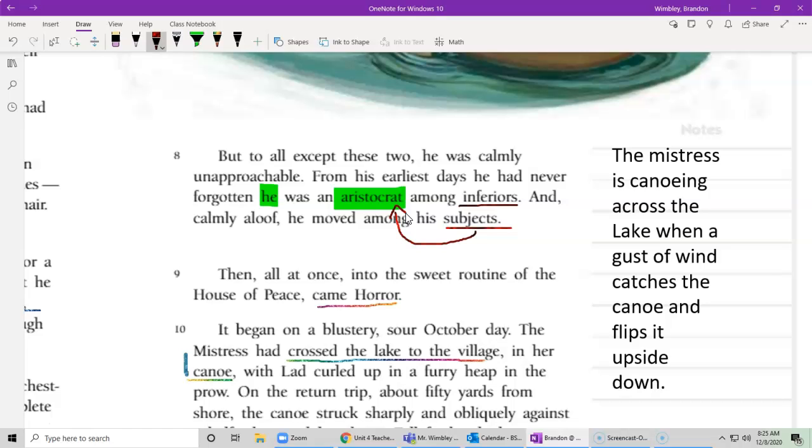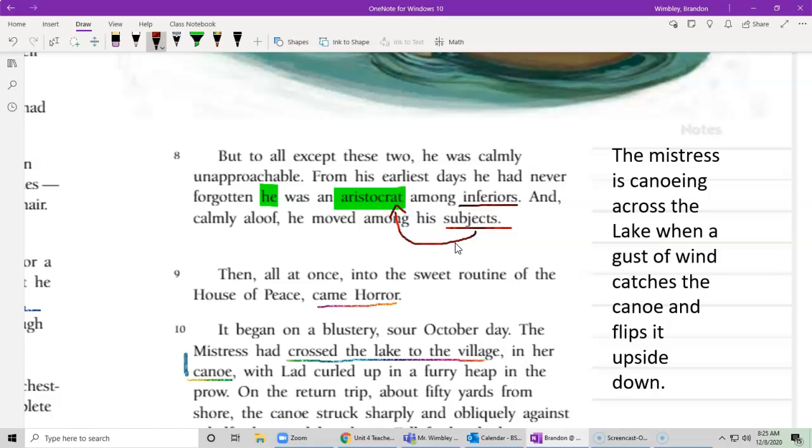And so that king is a good example. An aristocrat isn't like a king, but he's like a nobleman, or he's someone very high up, more important than what they used to consider those peasants or the farm workers. So Lad is basically like this prince, this well-to-do person in his house. Now, he doesn't care about those other people that come to visit, the other dogs, the other animals that might be living there. It's saying that he is better than all of them. Pretty nice attitude for a dog, isn't it?